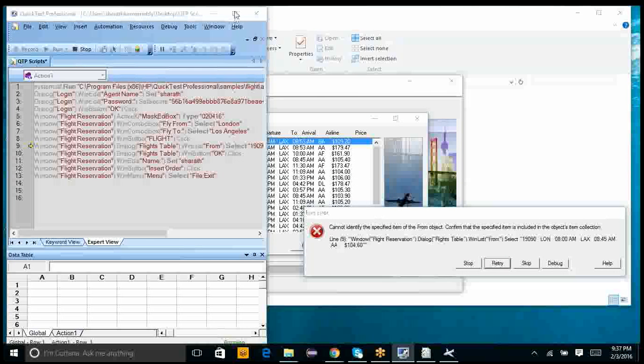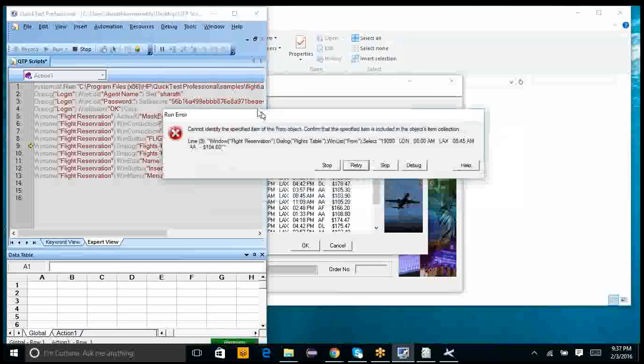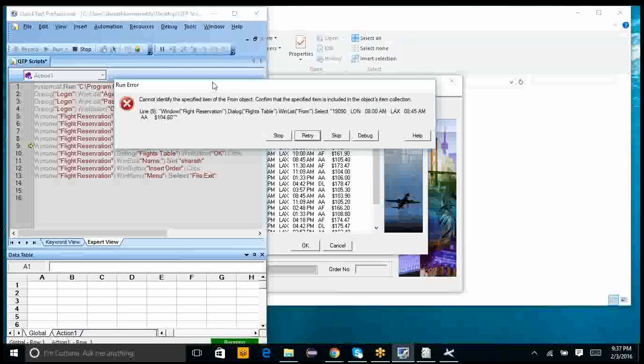Read out the run error. Just keep as is. It says dialog flights table WinList from select 19090 flight London 8 a.m. to Las Vegas 8:45 a.m. and then the price of the flight ticket, it's 104.60.